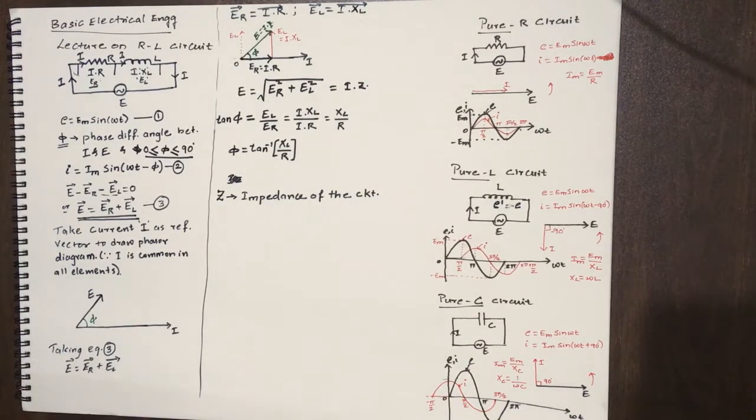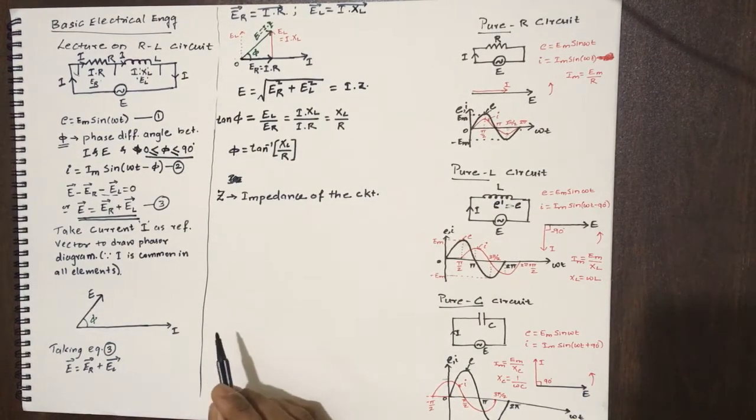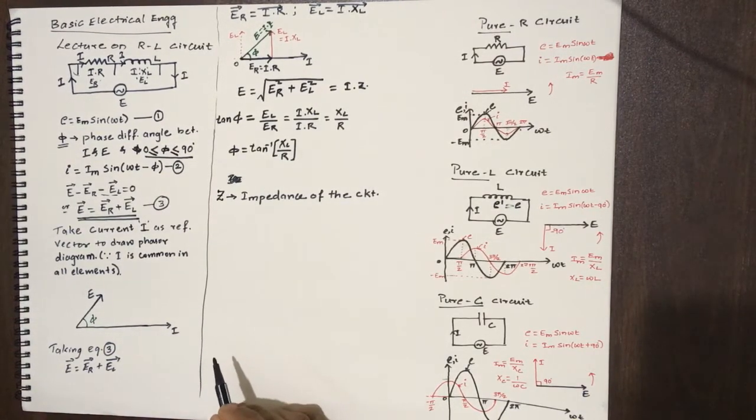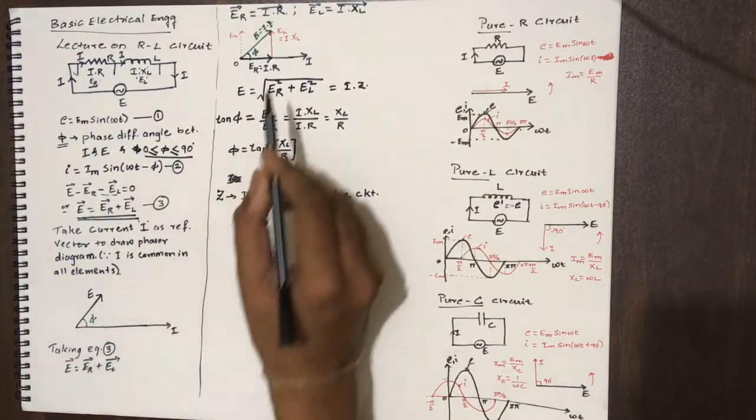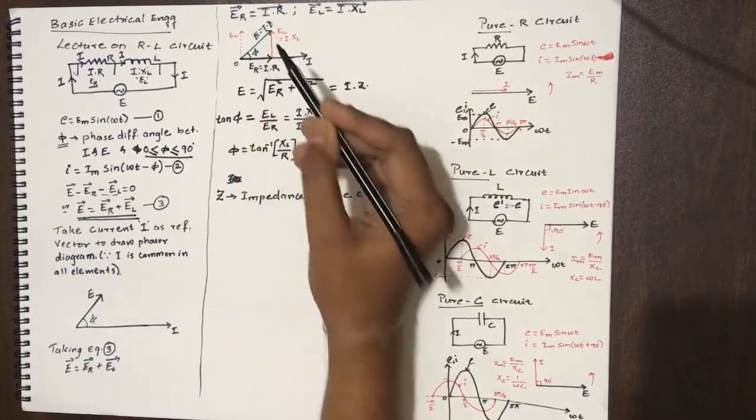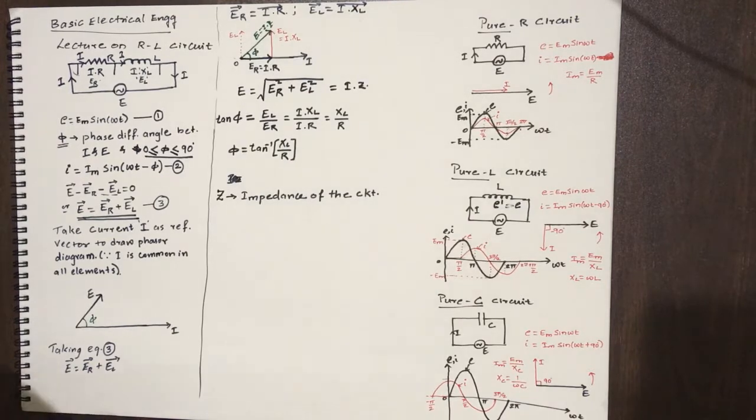In the previous class, we discussed the phasor relationship between the voltage and current in a practical inductive circuit, that is the RL circuit, and we got to know from the phasor diagram that the current will be lagging behind the voltage by an angle phi. In this discussion, we intend to see the power consumption in the RL circuit, and how to get the equation for power consumption in the RL circuit.